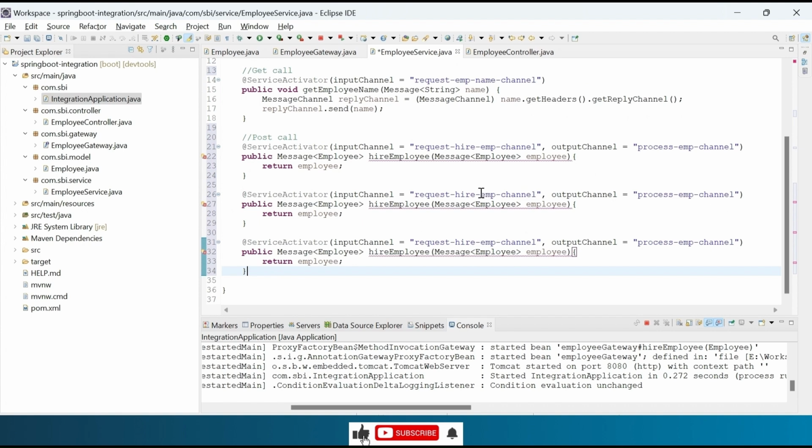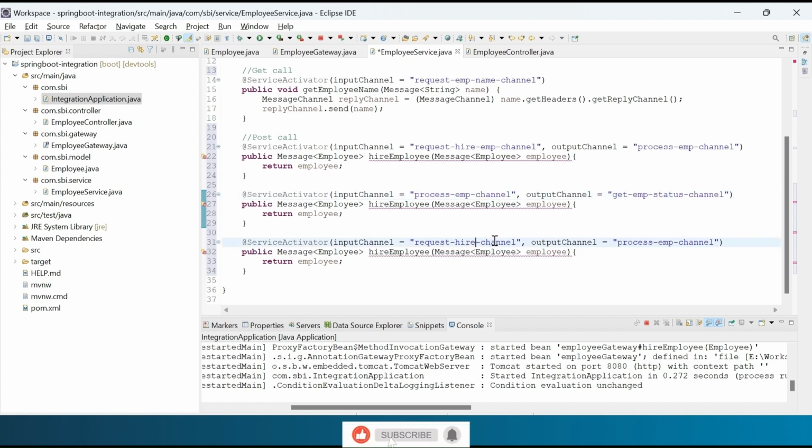For the first copied method, update the input channel to processEmpChannel and the output channel to getEmpStatusChannel. For the second copied method, update the input channel to getEmpStatusChannel and remove the output channel. Rename the first copied method to processEmployee and the second copied method to getEmployeeStatus.